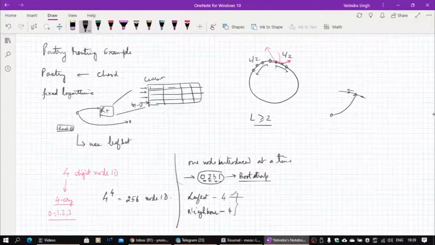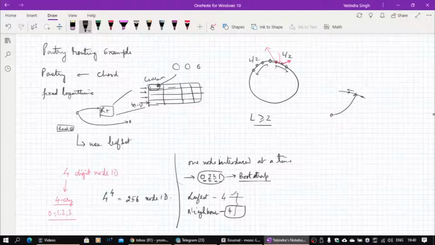And the larger the neighbor table, the better it is. In our case I am taking just 4, but it need not be 4. Why we keep these neighbor tables is because when I have the option of putting more than one entry at this place, or for that matter any other entry in the routing table, I will choose the option which is closer to me in some physical sense.